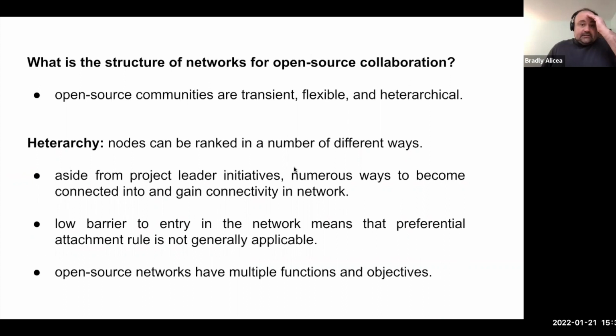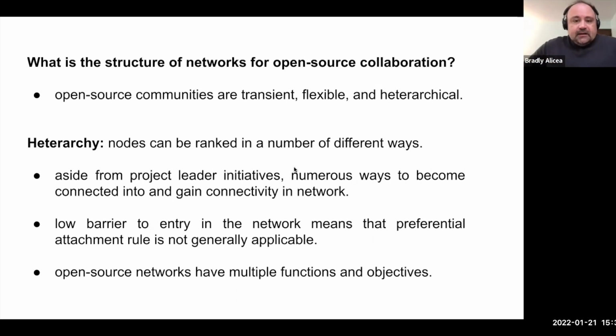So open source communities are transient, flexible, and what we call heterarchical, which means it's not necessarily hierarchical. No one's directing this stuff from the top down. It's heterarchical, where power tends to be distributed in different ways, especially in these large interdisciplinary projects. The term hierarchy simply means that your members or your nodes can be ranked in a number of different ways. You have some project leaders, but you also have other people with expertise who tend to lead certain aspects